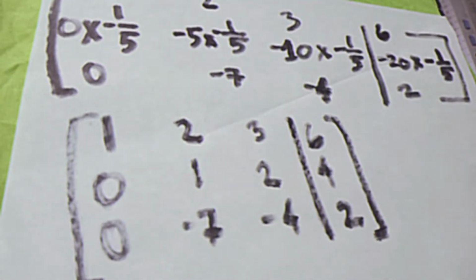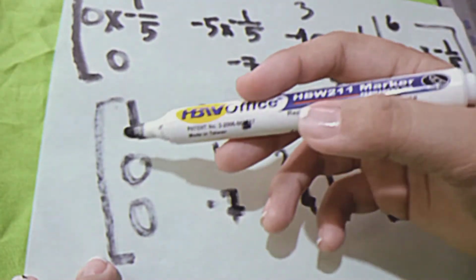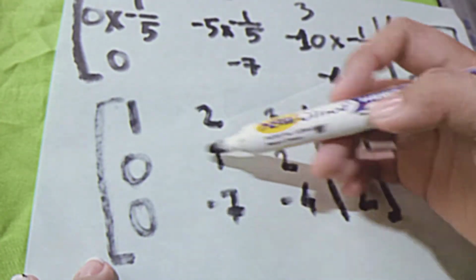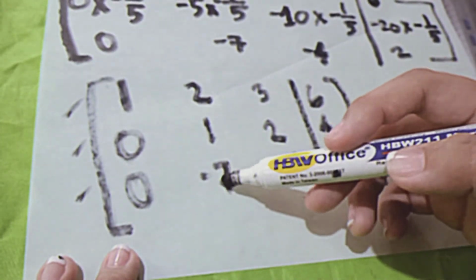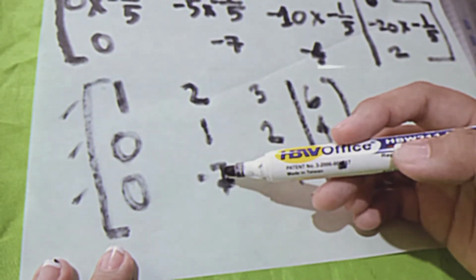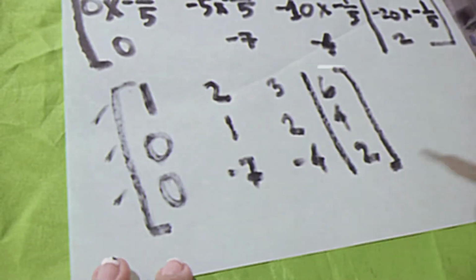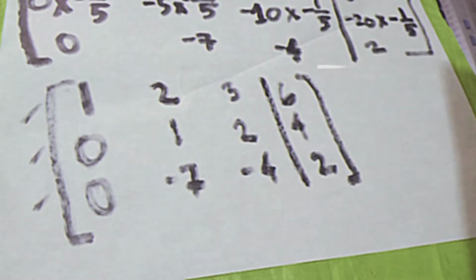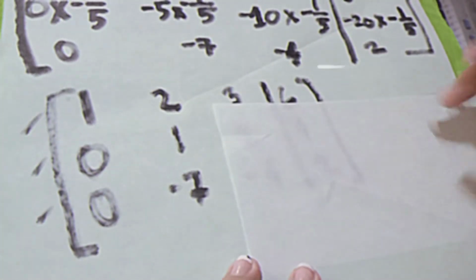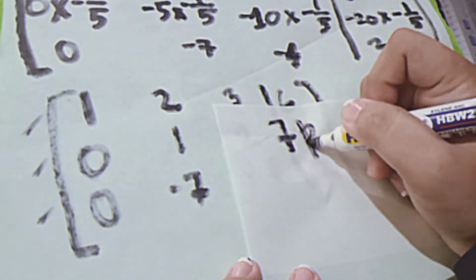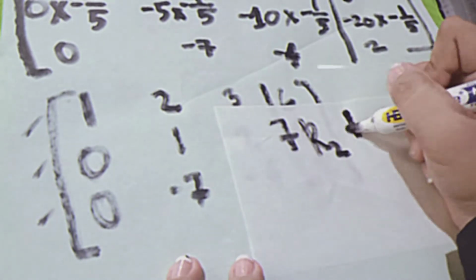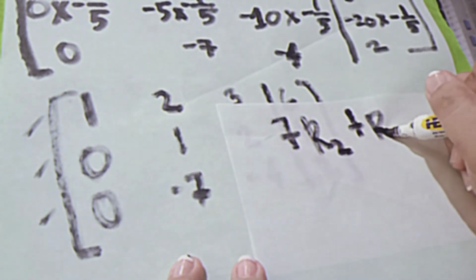Next naman natin gagawin, since ito is 1, 0, 0 and 1 na to, check na natin yan. Then ito is gagawin nating 0. And then so 7 row 2 plus row